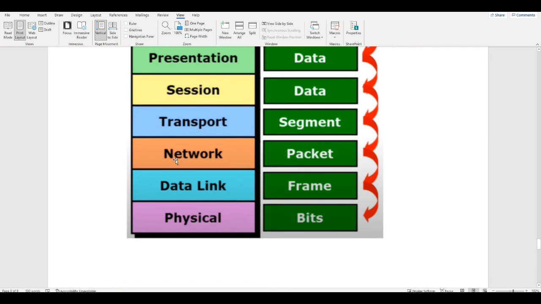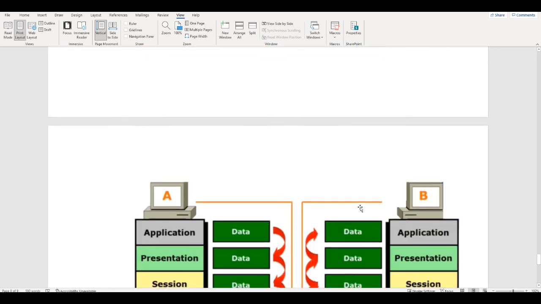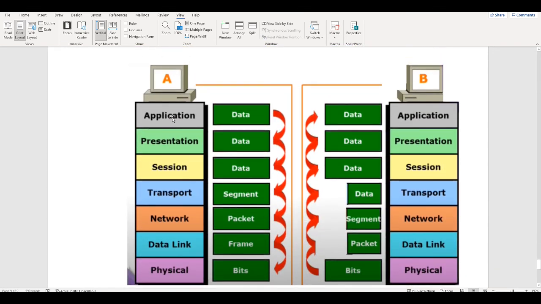Then it will move to network. The network will change the data into packets. Then it will move to data link, which will change the data into frames. The frame will go to the physical layer, and physical will change the frames into bits.